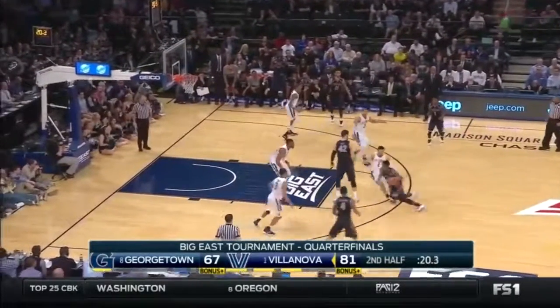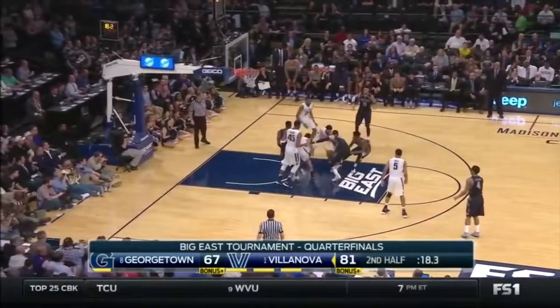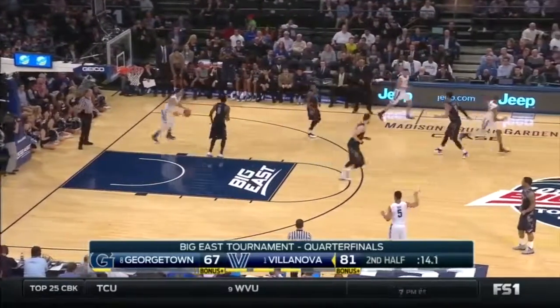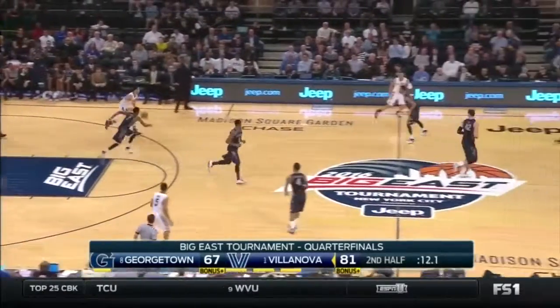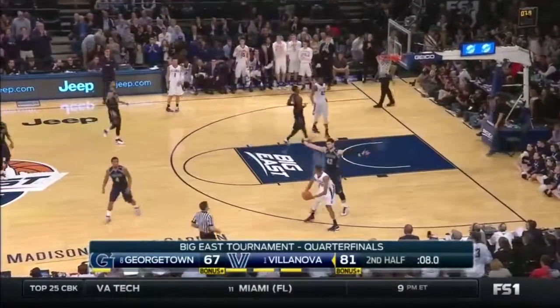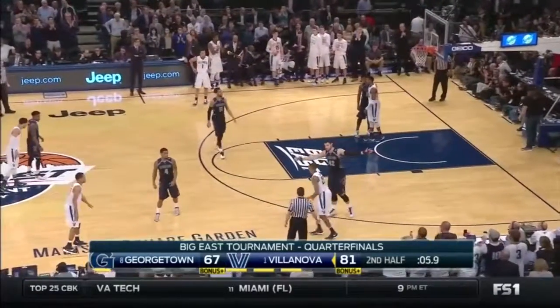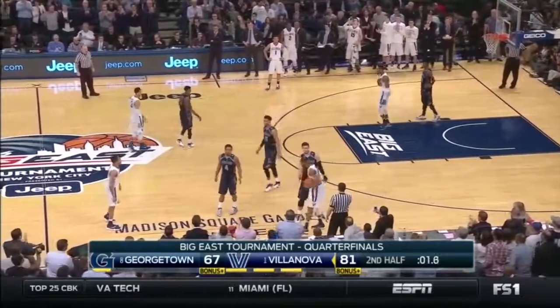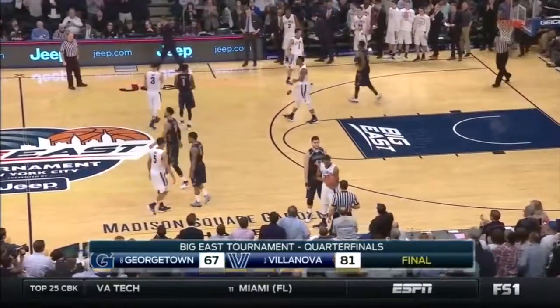81-67. 20 seconds to go here in this one. Peak lost it. And Hart trying to dribble it out. Villanova took that 1-point lead at the half. Georgetown came out looking strong to start the second half. But then the run by Villanova, and they will advance to the